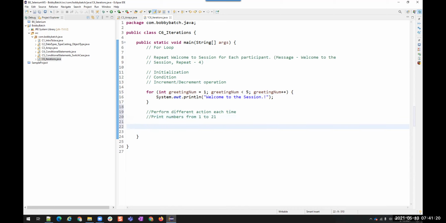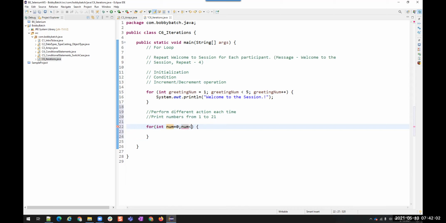So in that case, what should we do? Again, for loop, the syntax remains same. Syntax doesn't change. So you have to initialize it. Int num is equal to, what is the initializer value that I should use here? 0. Okay, I can use 0, no problem. Okay, then what should the condition be? I'm not asking about the increment or decrement. I'm asking about the condition. What condition should I mention?